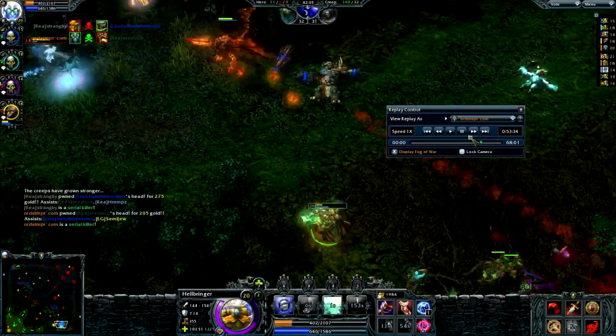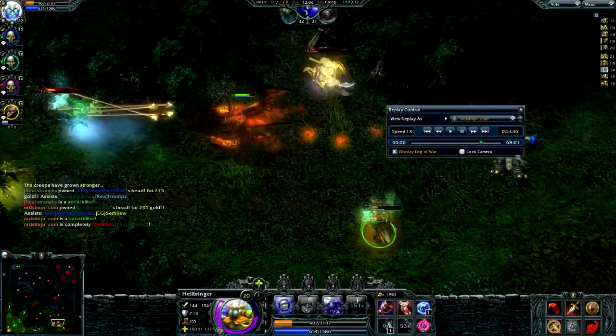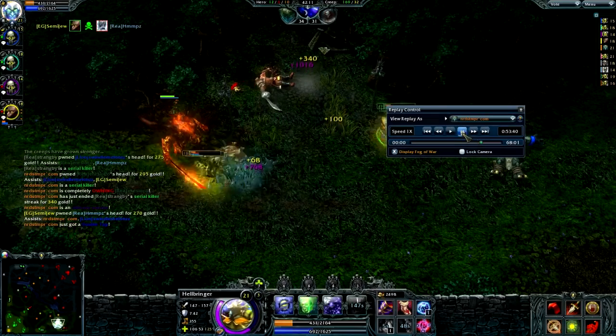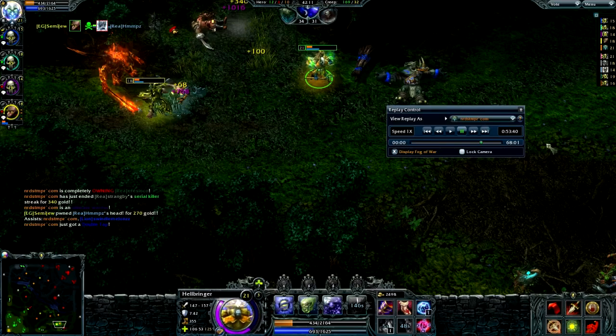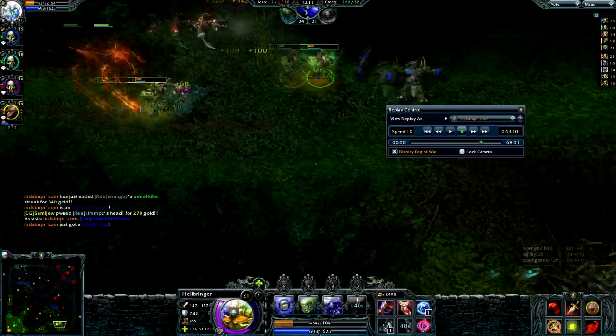And after finishing Pharaoh, there are 2 people chasing my team, so I am going to go help them out. Basically just attack them. That's all there is to it. Yeah, Hellbringer is a pretty simple hero. You just cast your spells whenever they're up. It's pretty easy to hit them. You just like click on them, and